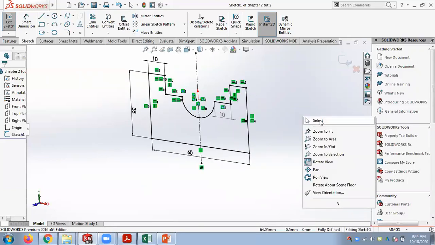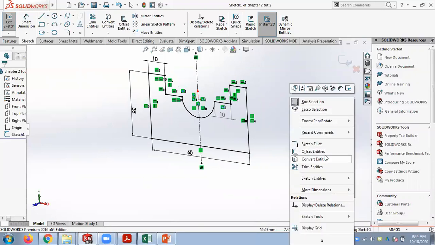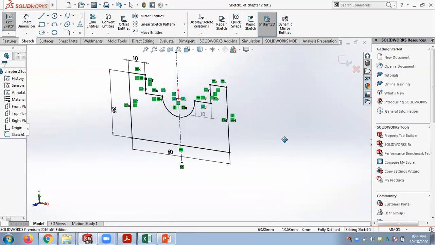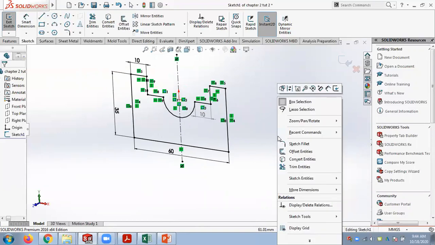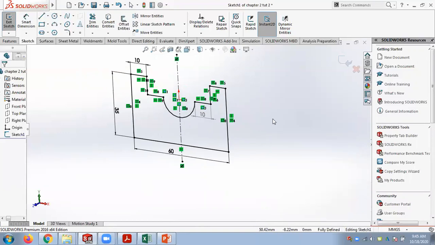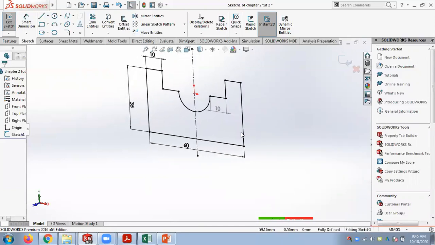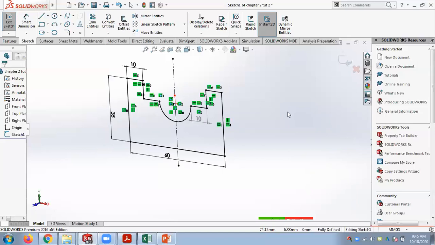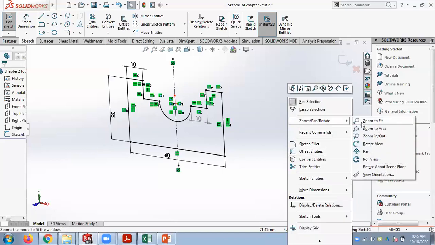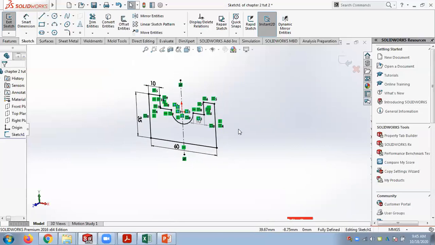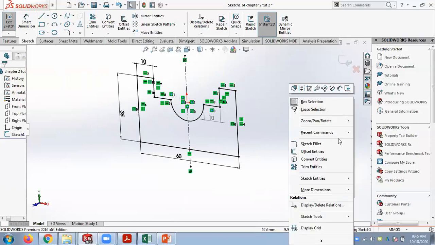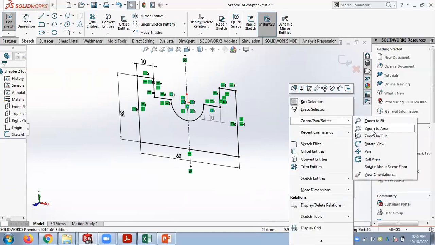You have to do a lot of right clicks, and you have the pan tool. The pan tool allows you to move it here and there. If you have a mouse, you just press the control key and the middle wheel, and you can pan it. Otherwise, you have to right click and get the pan tool. Zoom in, zoom out, I can just rotate the wheel up and down. If you don't have the mouse, you have to use these zoom tools here. Zoom in and out